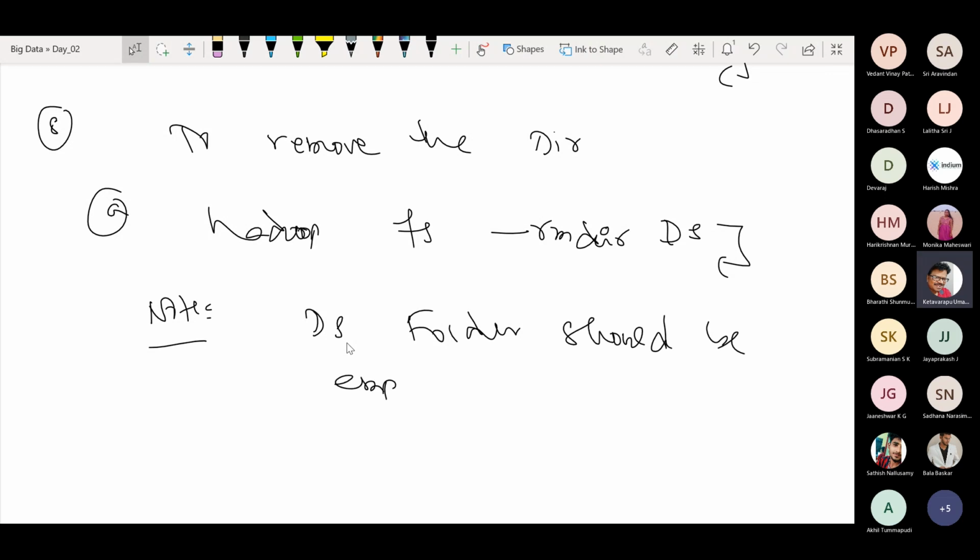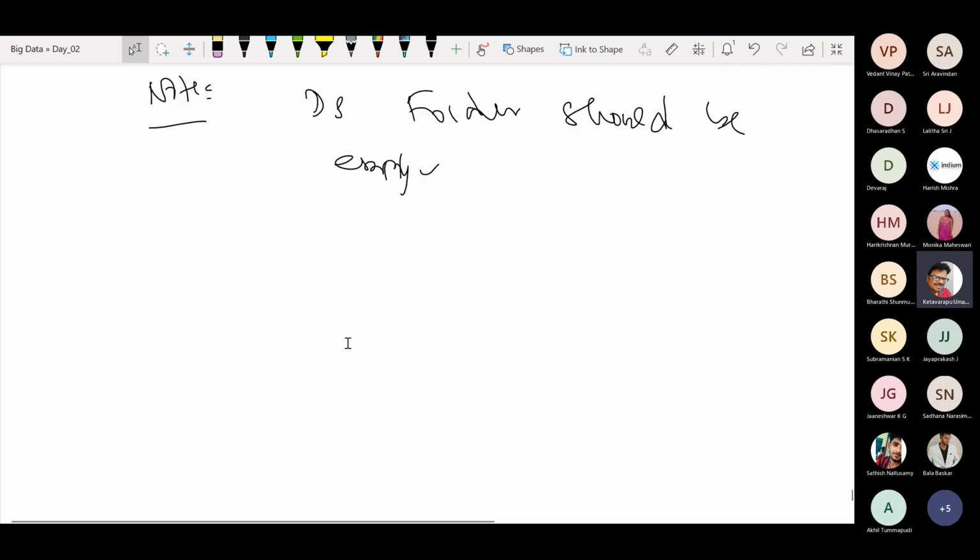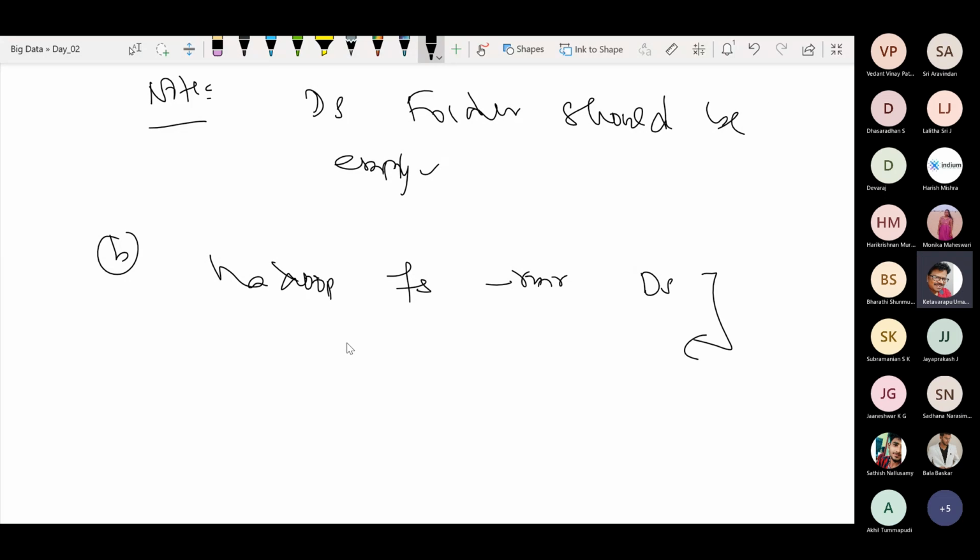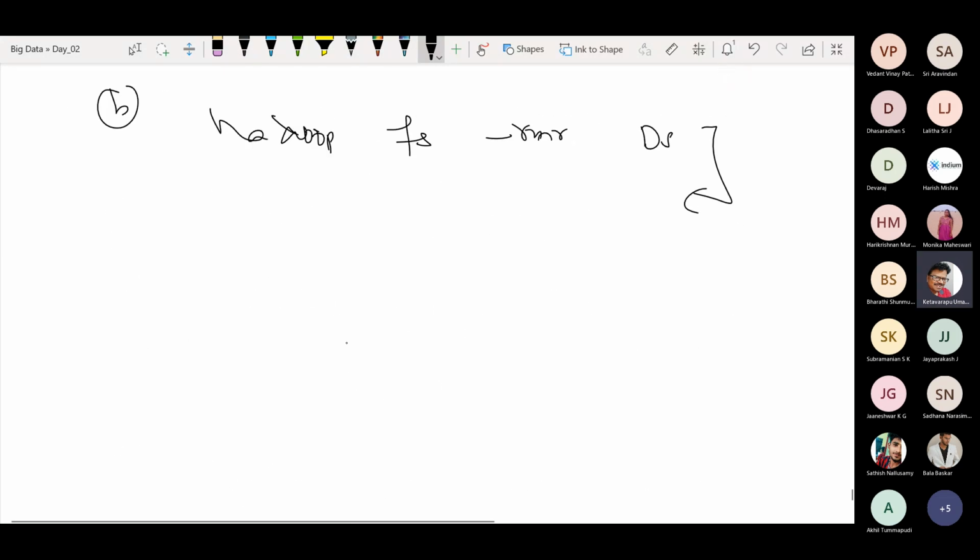Empty. Then only I can venture this operation. Otherwise, the best possible way is like this. Okay, though the files are there, if I want to still remove that RMR DS, automatically it is going to remove. And one final command, the ninth one, if I want to remove